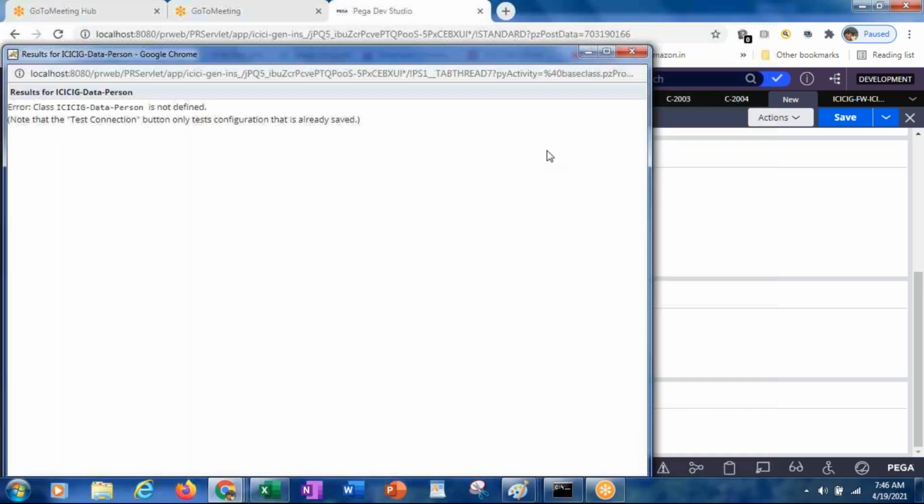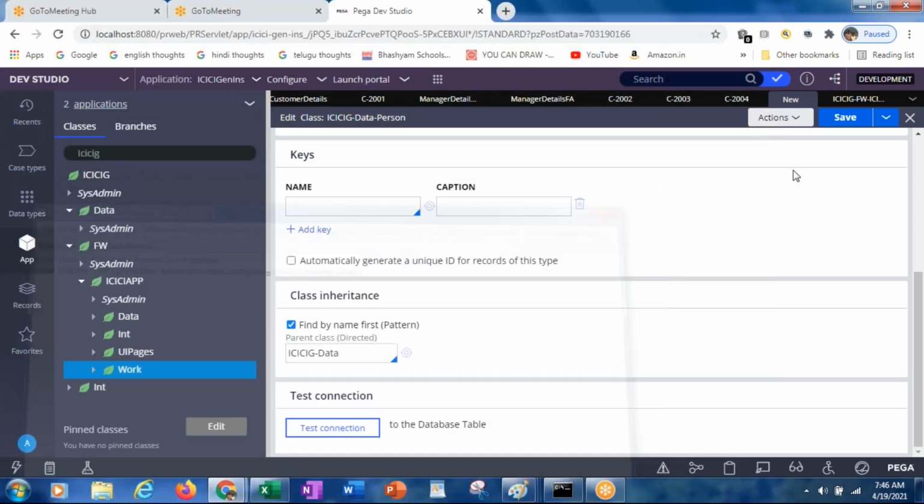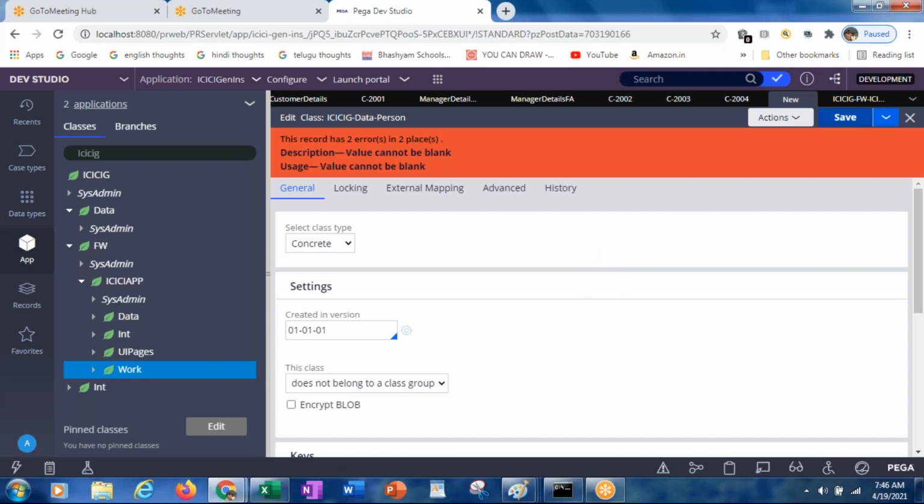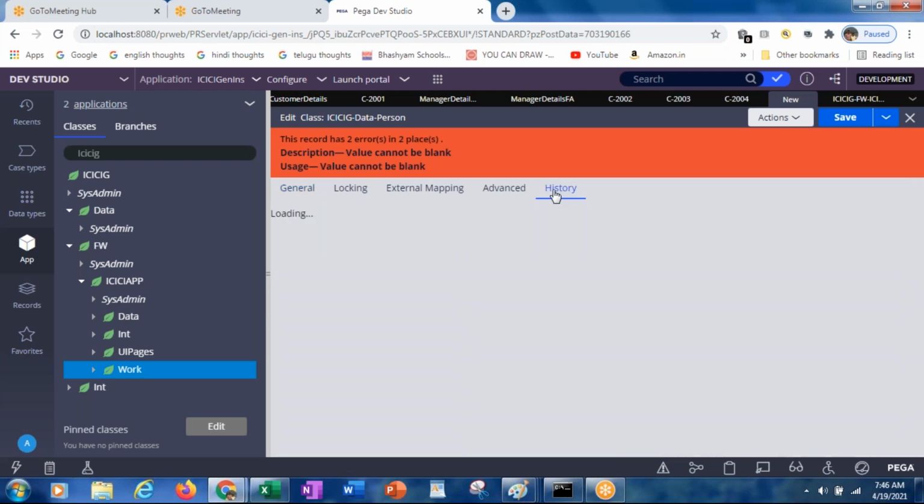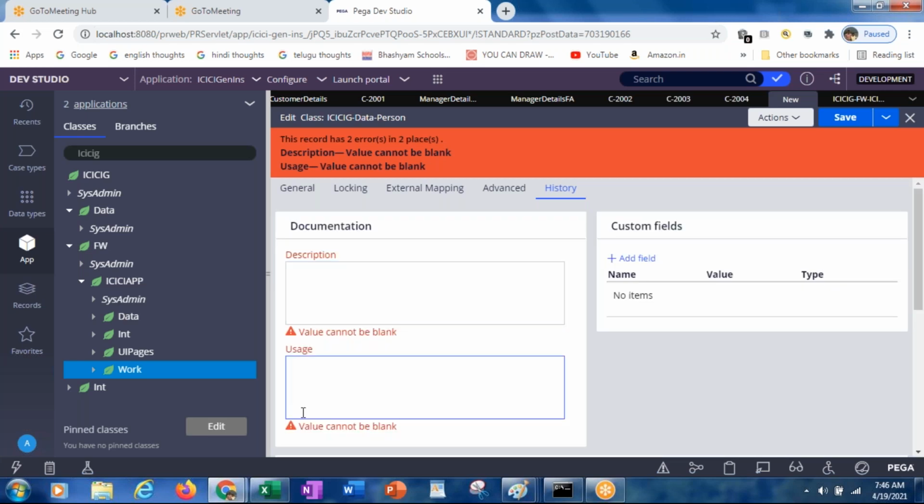Not defined, one second. Let me save this first. Whenever you create any class, here one mandatory thing is there. Just go to the history tab. Under the history tab, you will have description and usage. Two text boxes will be there. You just need to enter some description.